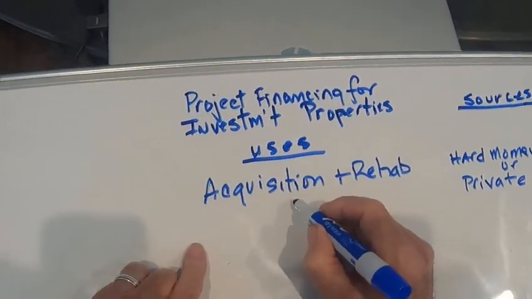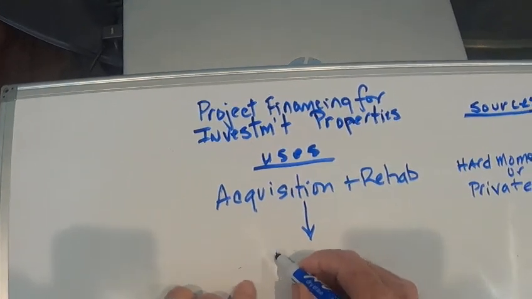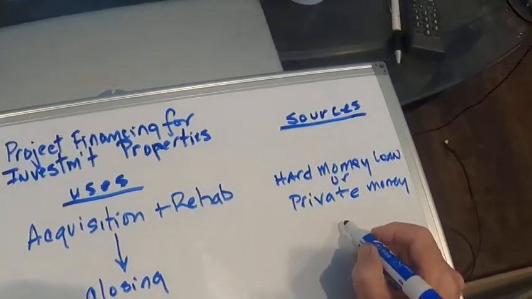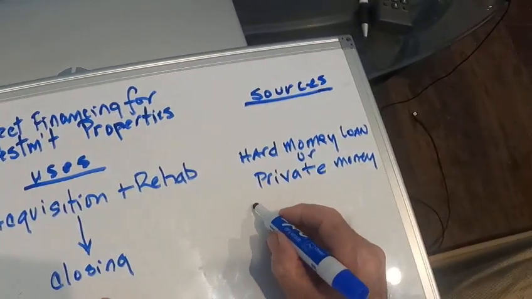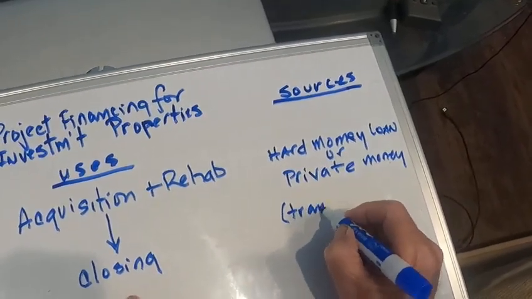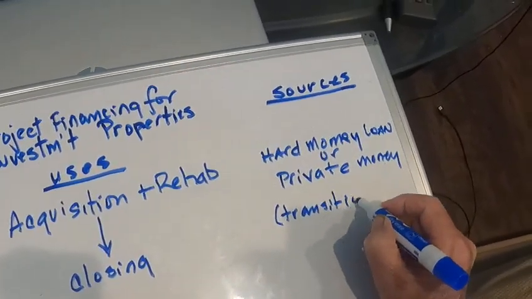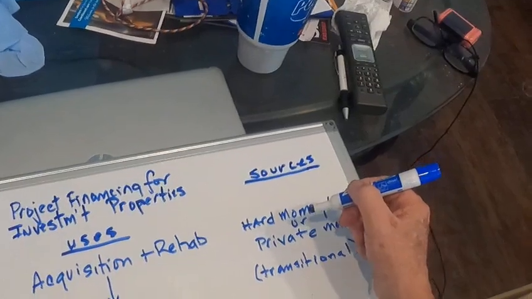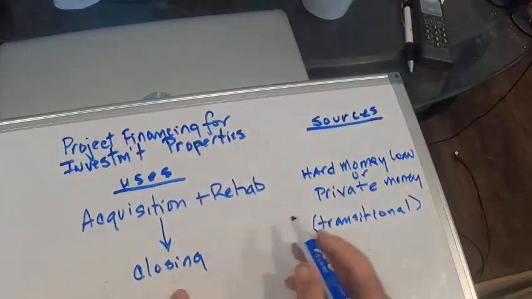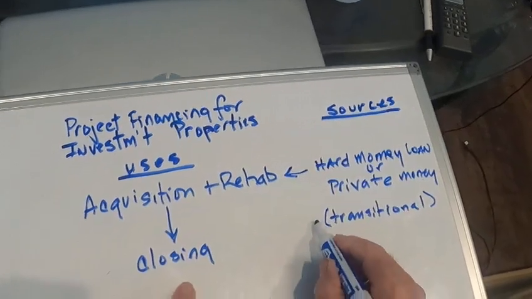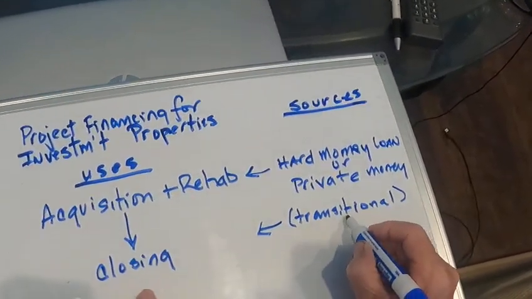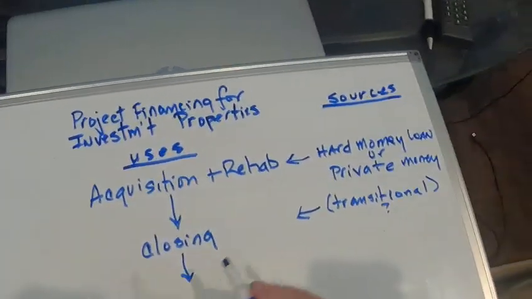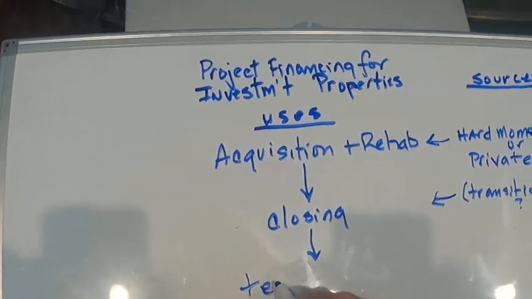Doesn't really matter. And then from here, we're actually going to go to closing. And in some cases, and this isn't always, so I'm going to put a bracket around it, there's going to be transitional money that might be necessary to actually close the deal. And it's transition, so it's going from one source of money to another source of money. But this is basically for this, and this is basically for this, and this may or may not be used, okay? And then once we get the house and we close it, and then we move a tenant into it,